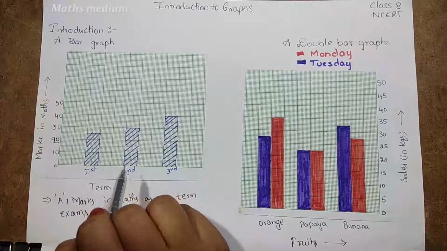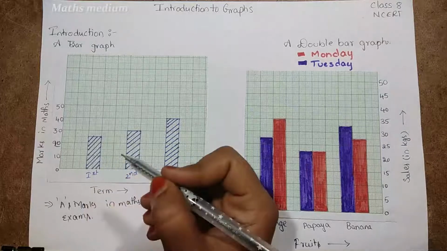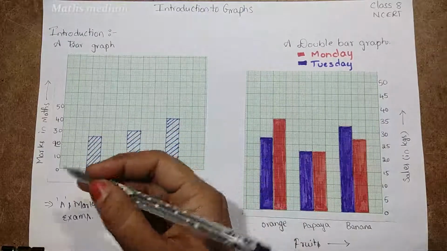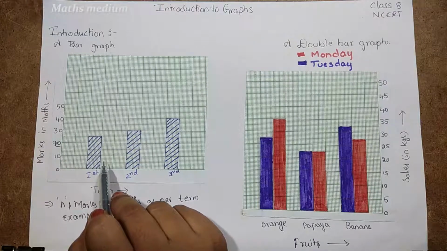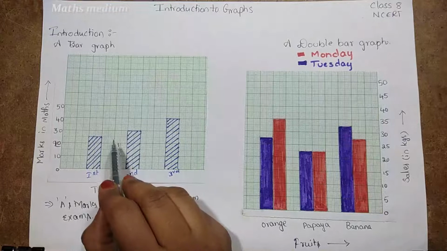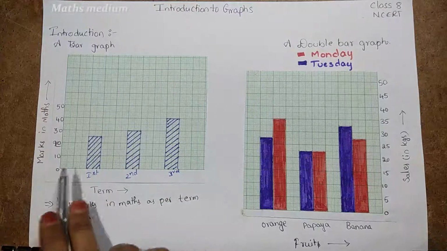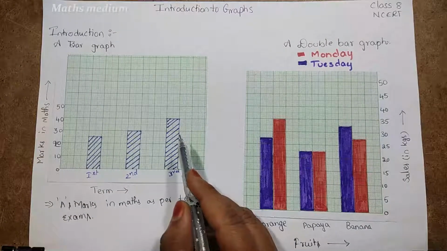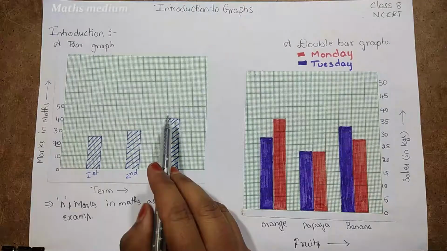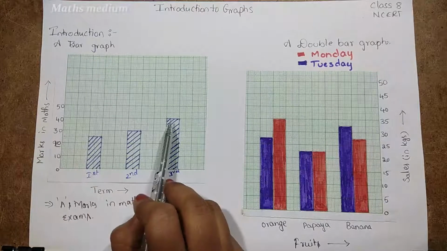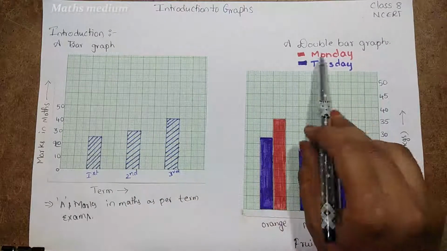In this bar graph we can see this. A bar graph is nothing but a visual form, and by using collected data we can form a tabular form. By using a tabular form we can make a bar graph like this. And also if a bar graph is given we can answer questions. For example, in this bar graph we can answer some questions. See here, A's marks in the third term, that is one question. How many marks did she get? 40 marks. That is the answer for this question. Like that. Next, coming to the double bar graph.